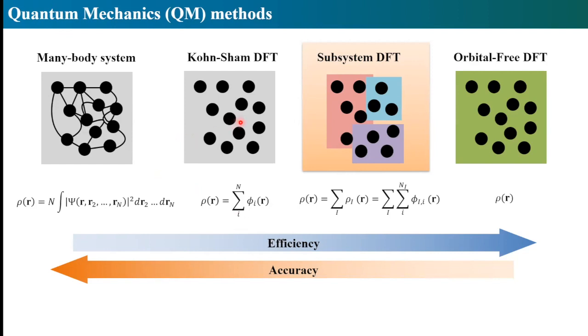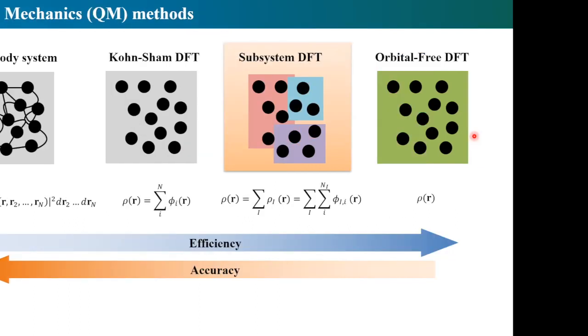The second one is one of the most widely used ab initio methods, Kohn-Sham density functional theory, which is still accurate enough, and we can apply it to hundreds of atoms. But that's also the limitation, because it depends on the orbitals, and the scaling is cubic. It's hard to extend. And we go directly to the last one, orbital-free density functional theory, which is the fastest